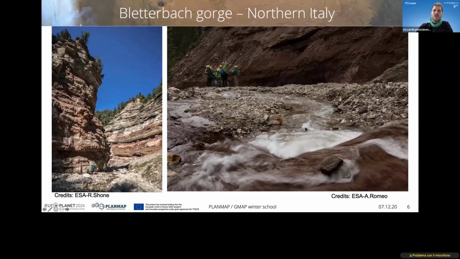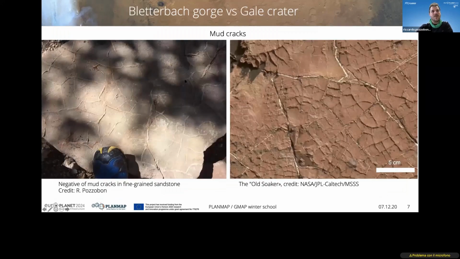And this is, by the way, astronauts training with the Pangea training inside this place, and we'll talk about it later. Another example of similarities you can find in the Blätterbach Canyon is not just the cross lamination, but also the mud cracks. This is a negative footprint of mud cracks. This is my foot. And this is the same on Mars in the Old Soaker rock imaged by the Curiosity rover. And inside here, you see something very nice. So we have the negative of the cracks of the mud here and here, but also